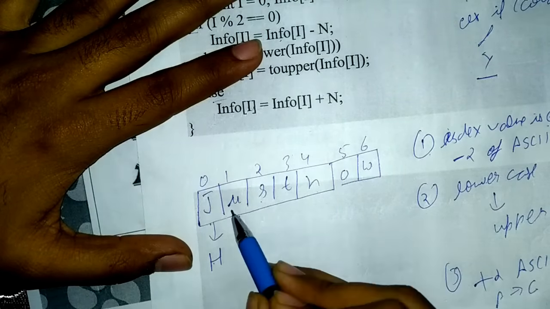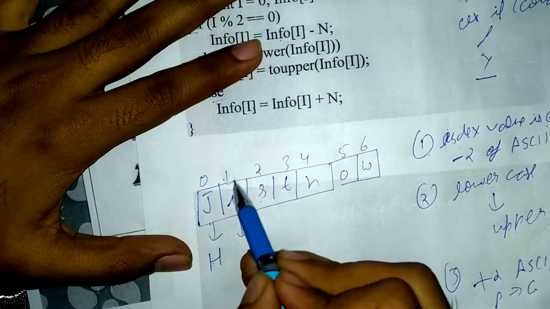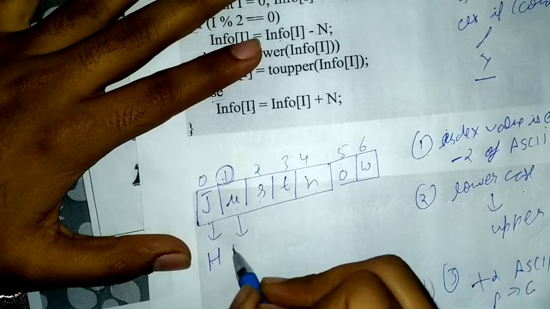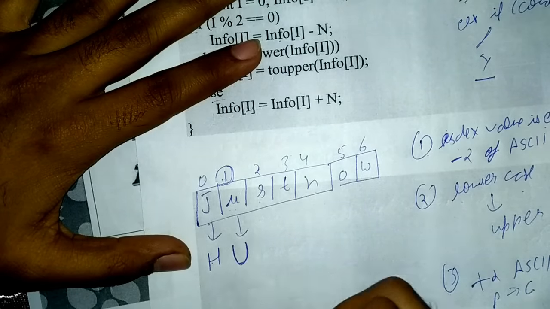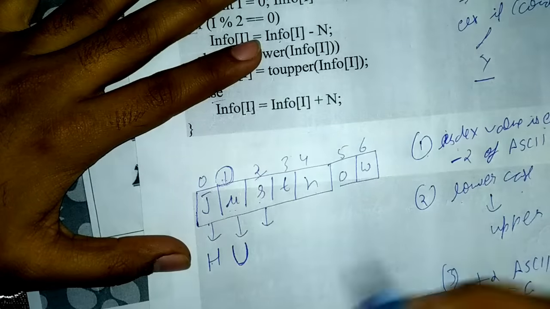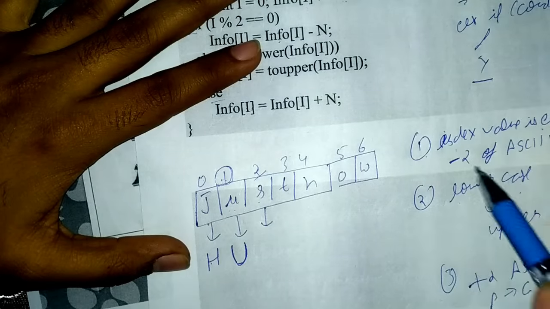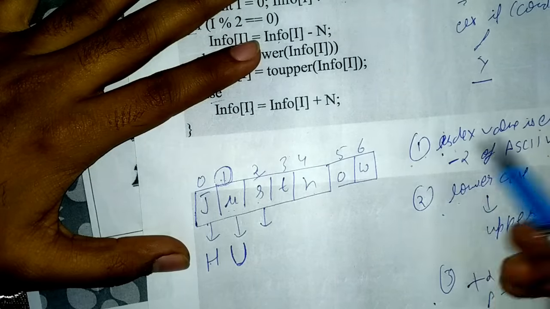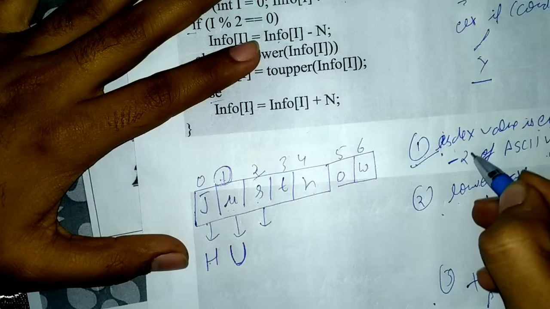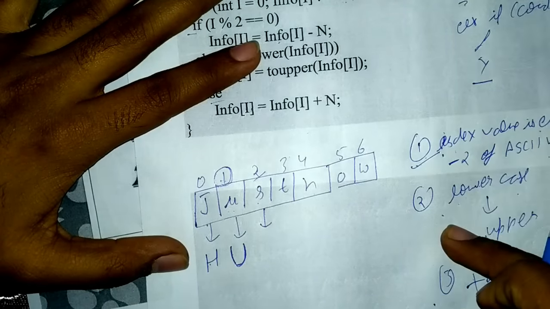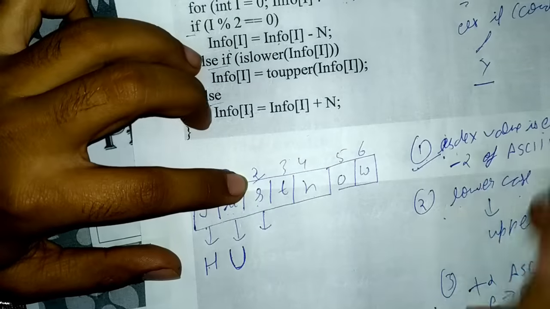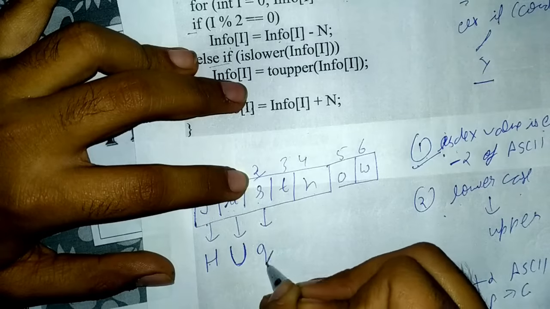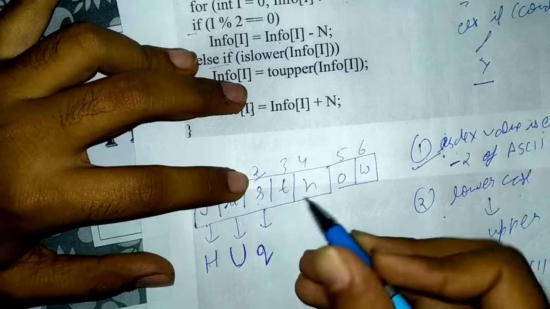Taking the second character, the index value is not even, it's 1, that is odd. Second thing, lowercase, yes, it is in lowercase, so we will convert it into uppercase. Third, 2, index value is again even. We have to first check the first case, then the second case, then the third case. If the first condition is correct, then we will execute it and will not check the second condition. So 2 is even. That means S will be minus 2, that will be Q. Q, R, then S.